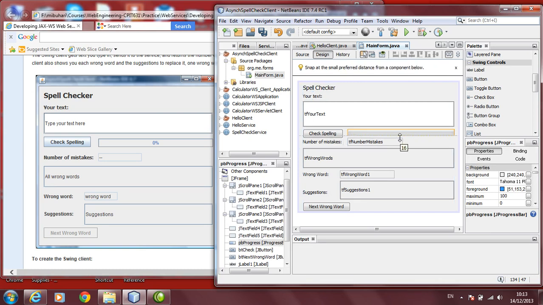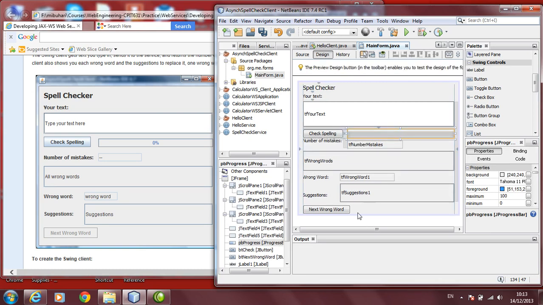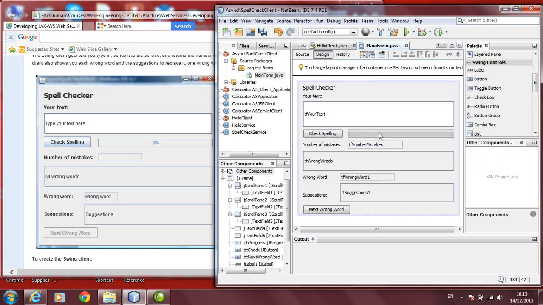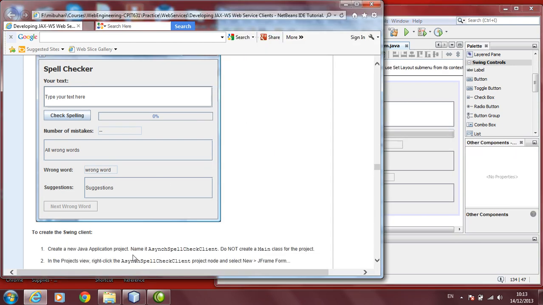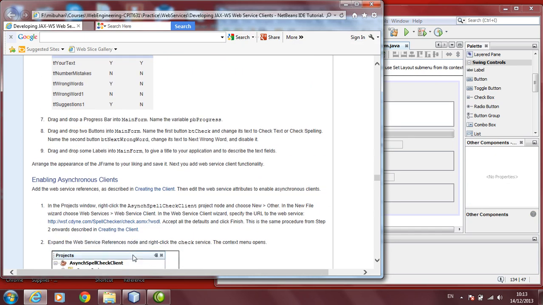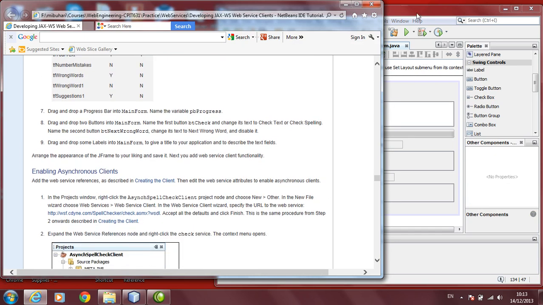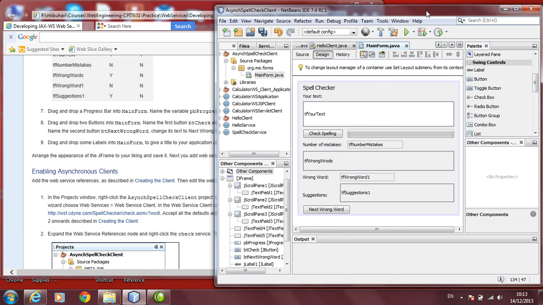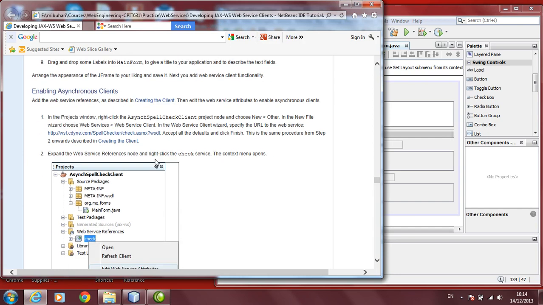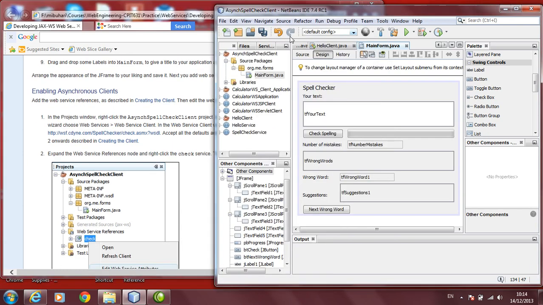This could be a little bit bigger. Let's move this guy a bit down. Let's continue. So the frame is ready. Now when this is ready, the next job is to make sure it supports what is called asynchronous clients, asynchronous tasks. So go back to